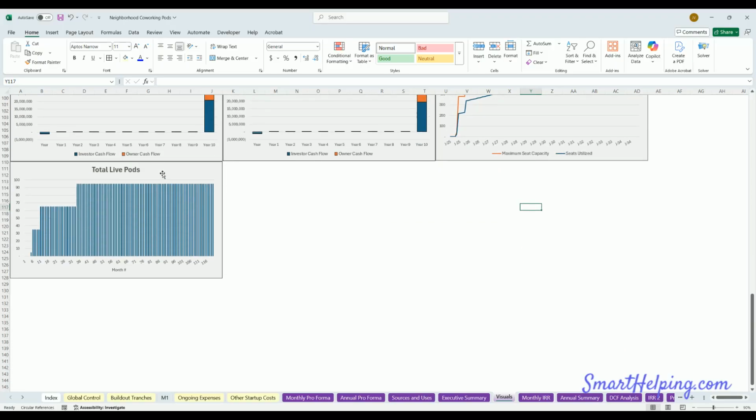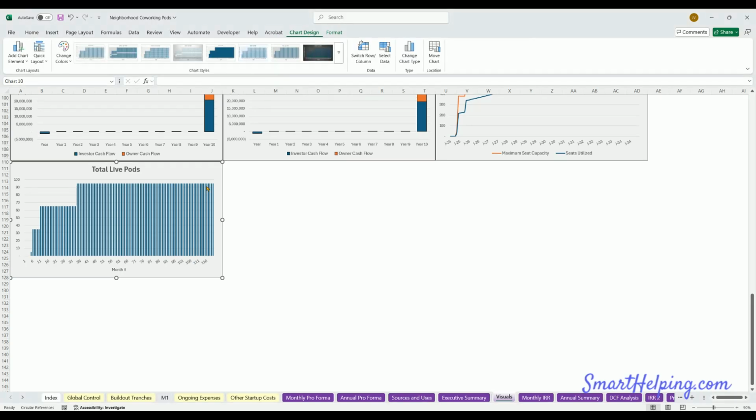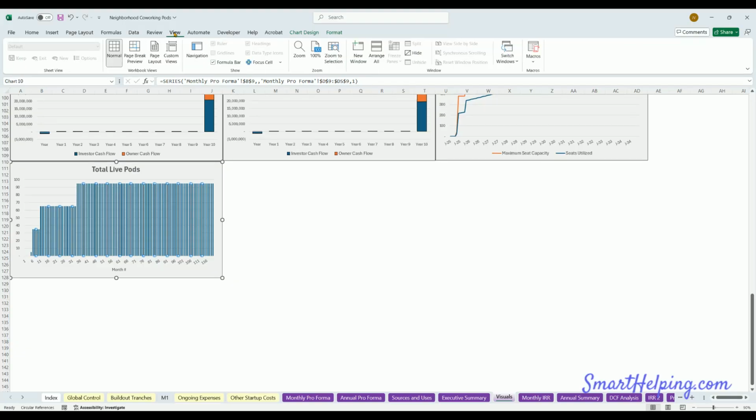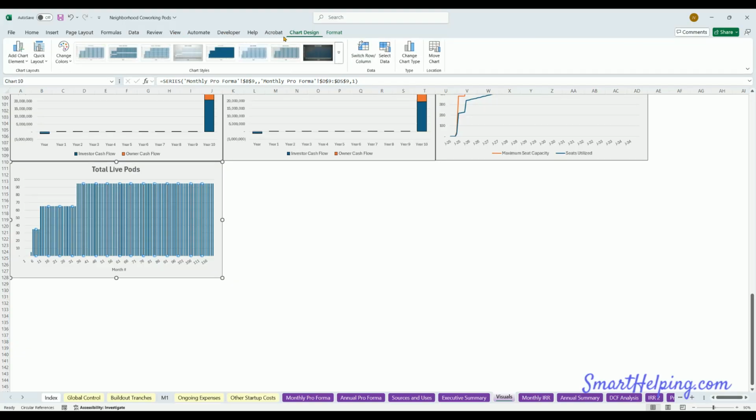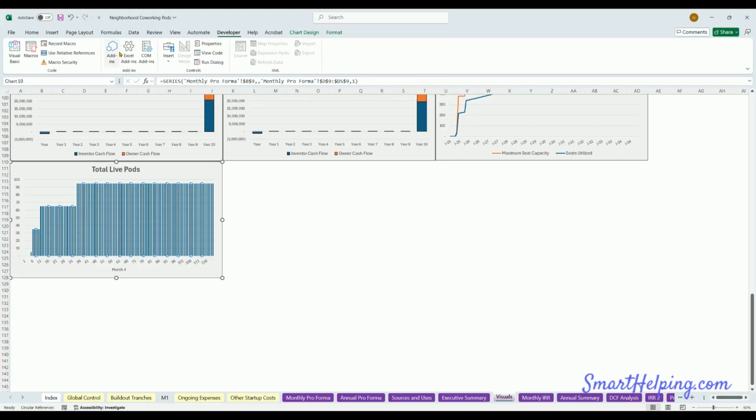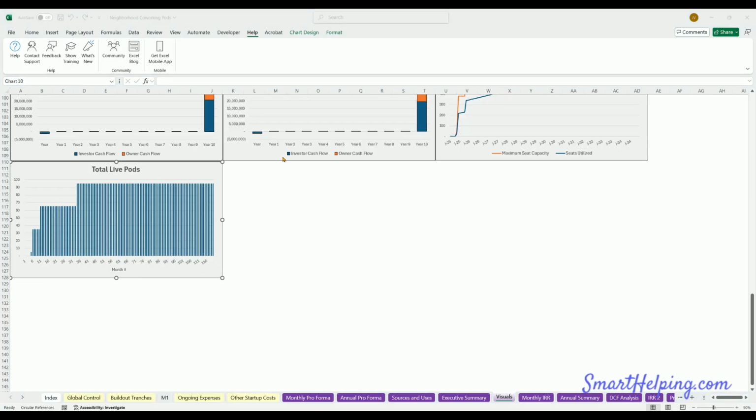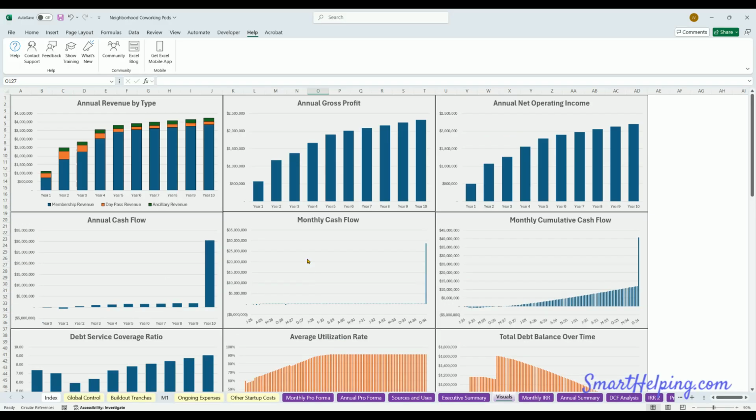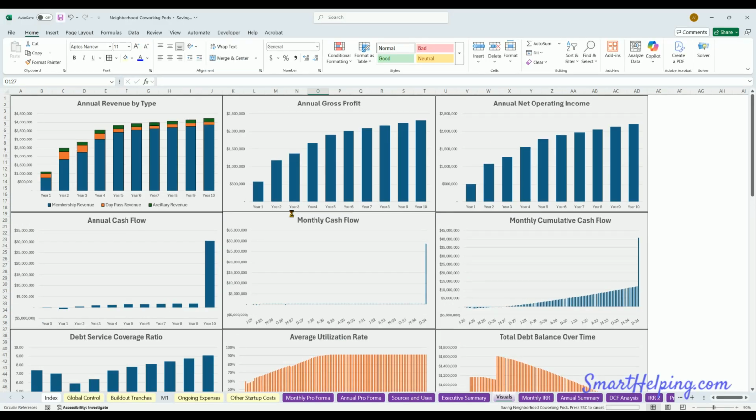And actually, I'd rather have this as a line chart. What am I doing here? Oh, chart design. Have I lost my mind here? Change chart type. There it is. I'd rather have that be a line. Okay,